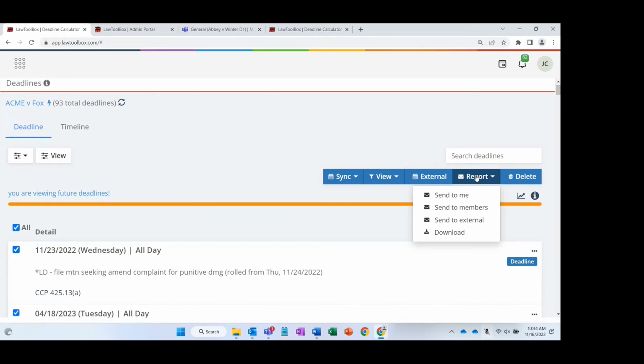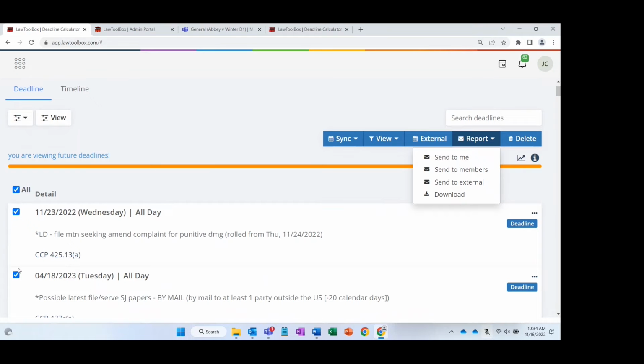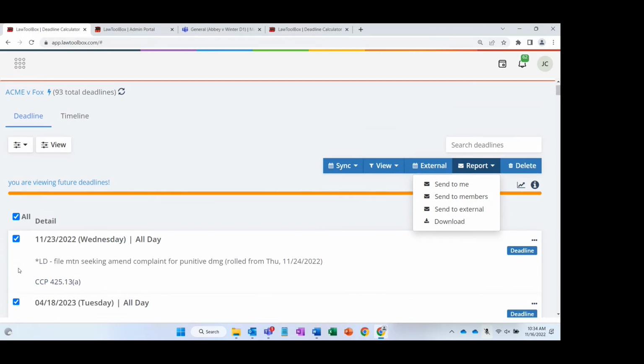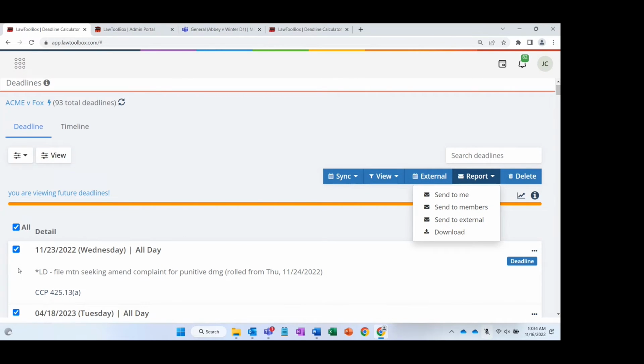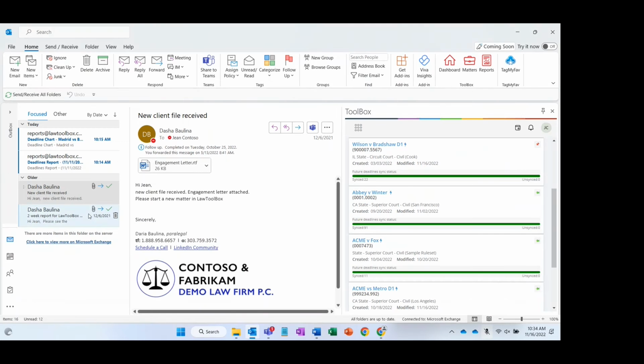So you can obviously selectively add and change deadlines that get updated, or you can run those on a case-by-case basis. Absolutely. And to Carolyn's point, you can see that all of the deadlines that we have selected in the checkbox are going to be part of our report. So from here, we can further customize what we want to include in the report we share with our staff or outside parties. We'll be able to modify and tailor that report to what the needs are for whoever is receiving it. So let me switch to the reports and show you what those would look like for